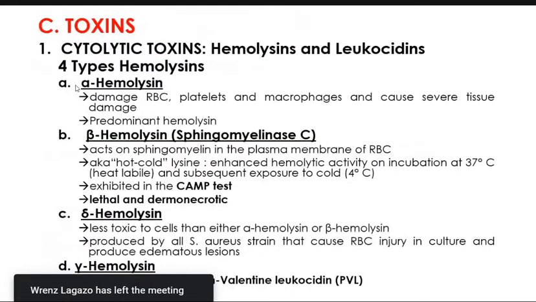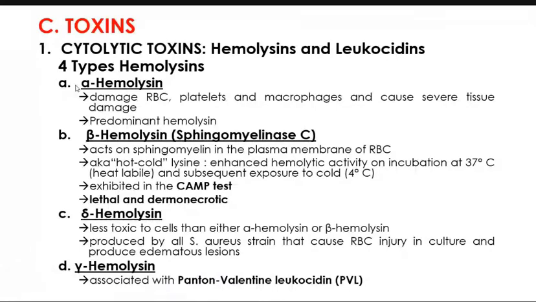Okay, so hindi lang siya sa antigenic structure niya, hindi lang siya sa kanyang enzymes na naproproduce, meron din siyang toxins na naproproduce. So that when we're talking of toxins now, these are classified into your cytolytic toxins wherein you have your hemolysins and leukocidins. We have here 4 types of hemolysins. Ano-ano yung hemolysins na yun? So we have our alpha hemolysin, you have your beta hemolysin or your sphingomyelinase C, and then we have our,